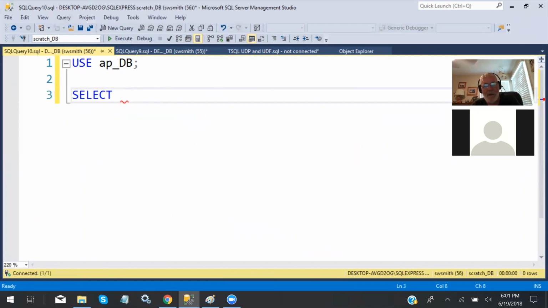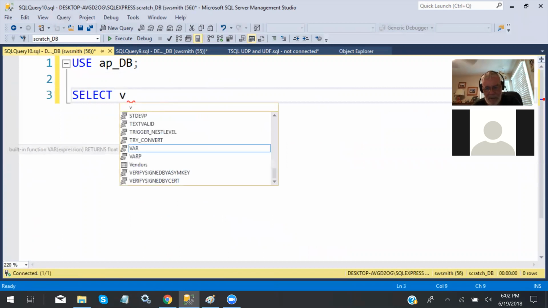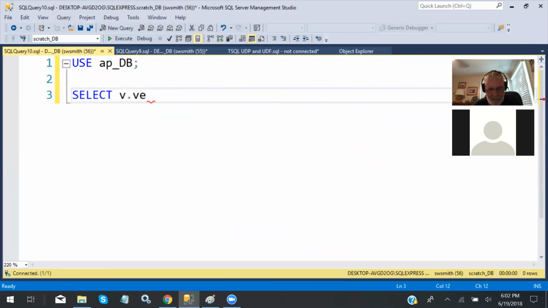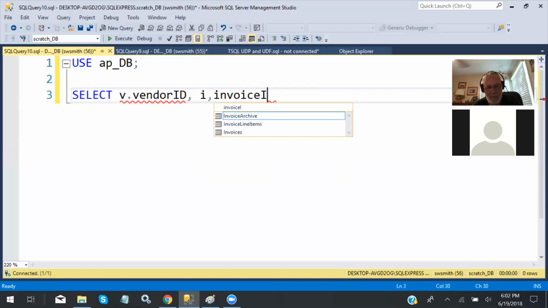One vendor has 0 or more invoices, and an invoice has exactly one vendor. So select v.vendor ID and the invoice ID